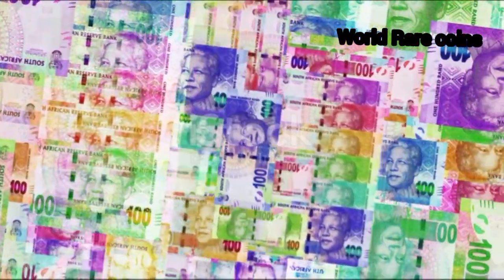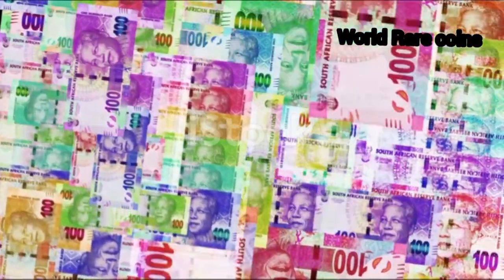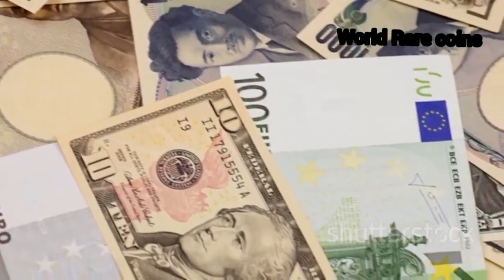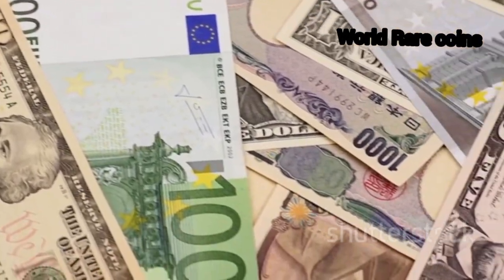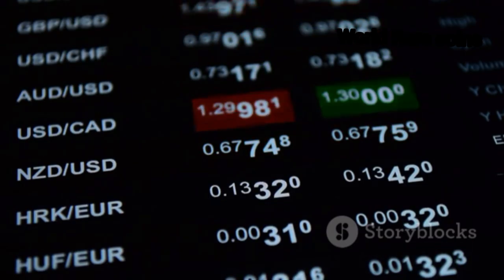Welcome to the most comprehensive journey through the history of 24 major Forex currencies. No stone left unturned. If you've ever wondered how the dollars, euros, pounds, and yen in your wallet came to be, you're in the right place. Today we're diving deep, from the very beginnings of each currency to their impact on the global stage, past, present, and even their potential futures.